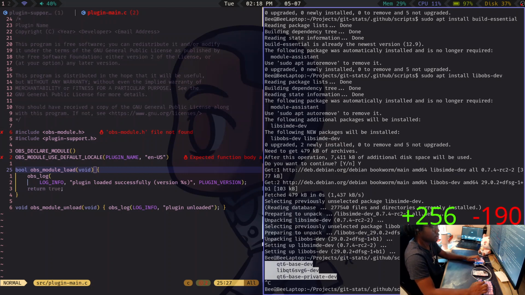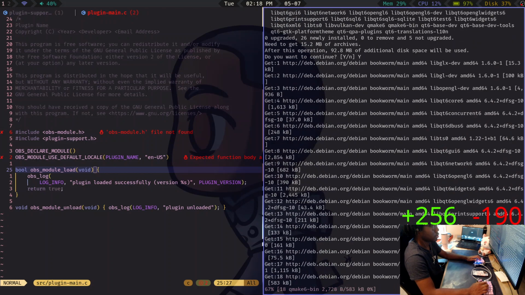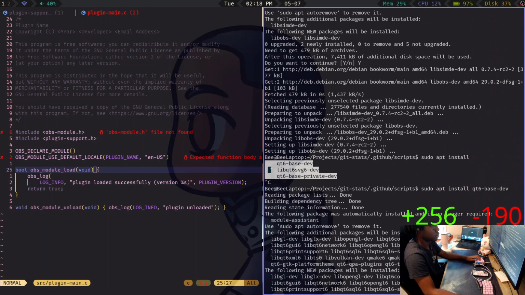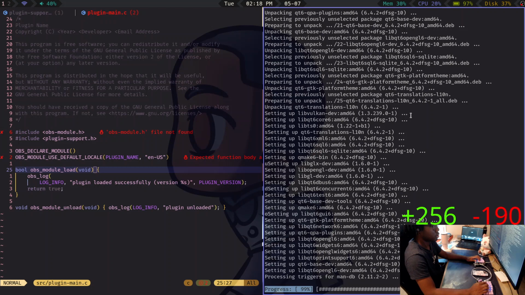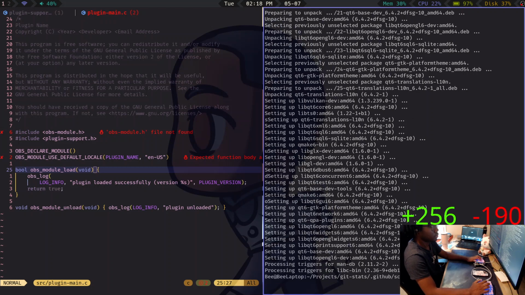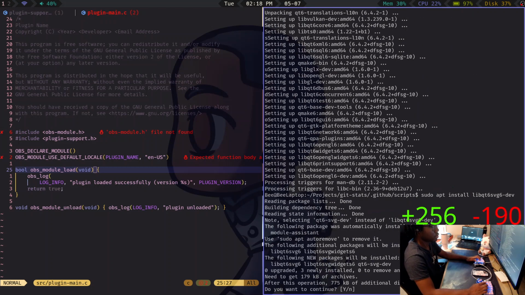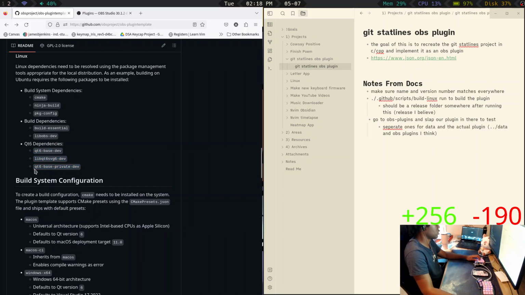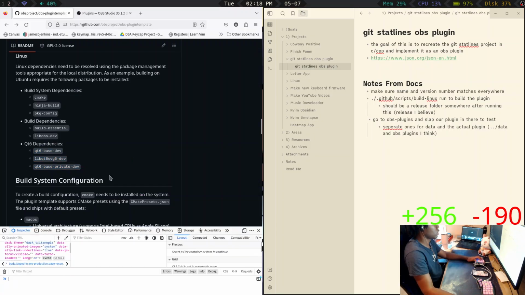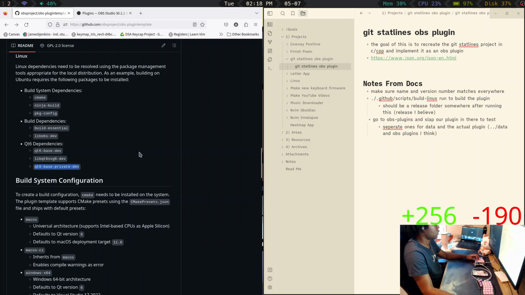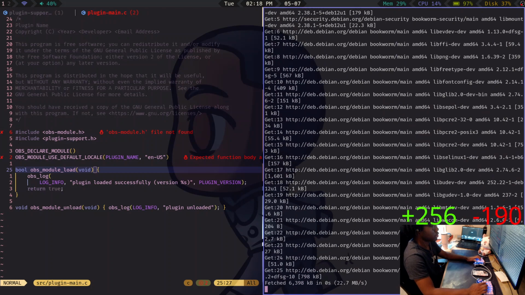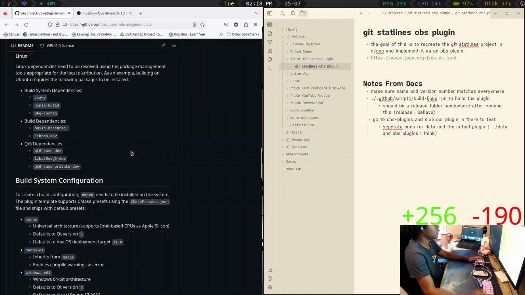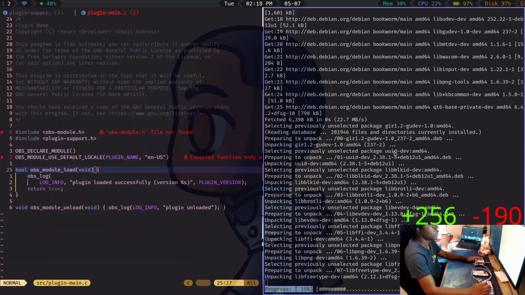Qt 6 base dev. Okay, so now I should be able to run it because I have all the dependencies.